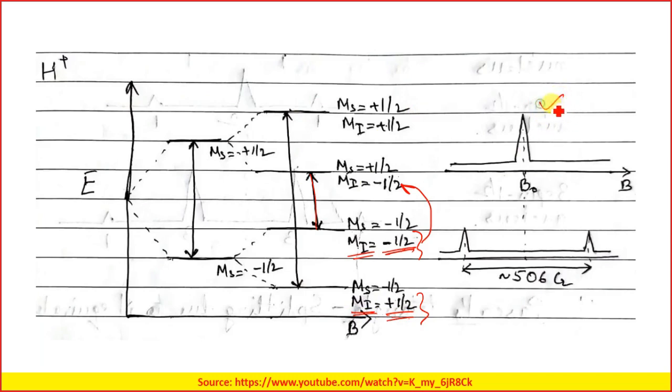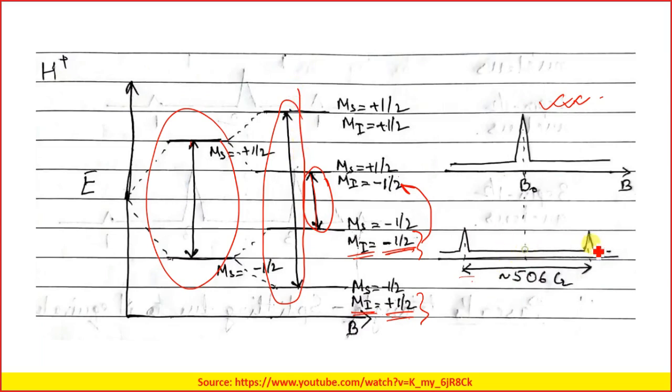So at B0, that means over here we are having a single energy difference. Okay, however, if we increase the magnetic field, we will be having one energy difference and two energy differences. Now see, there are two energy differences, two peaks present, and that is the doublet, and it is called the hyperfine splitting basically, right?